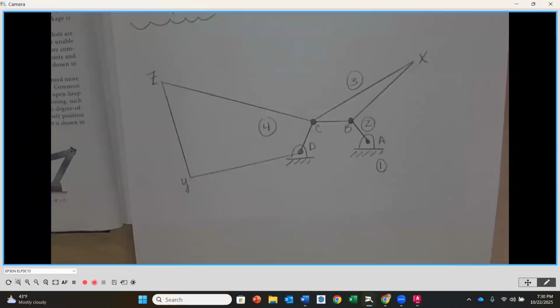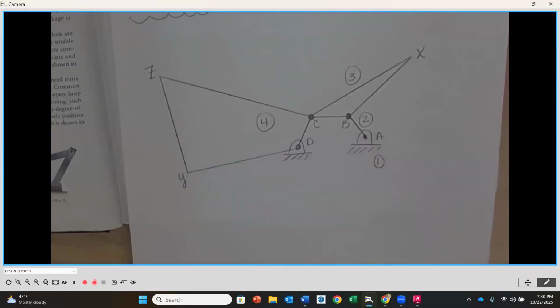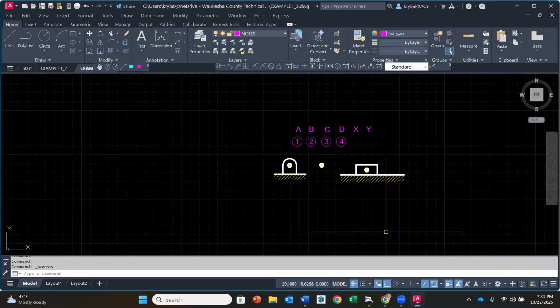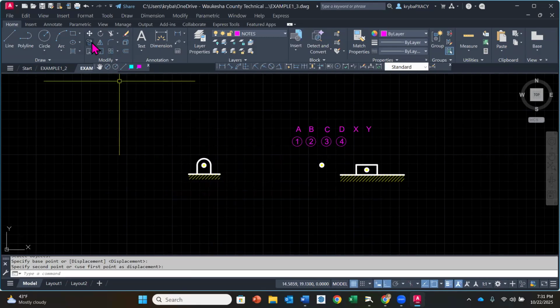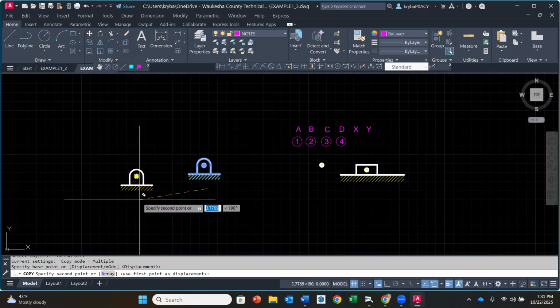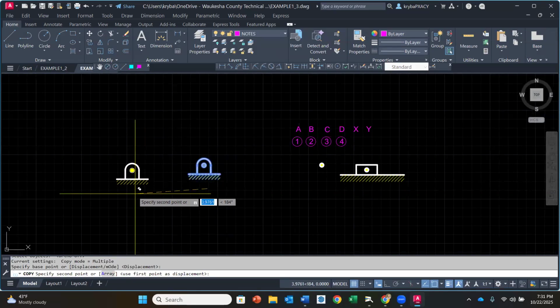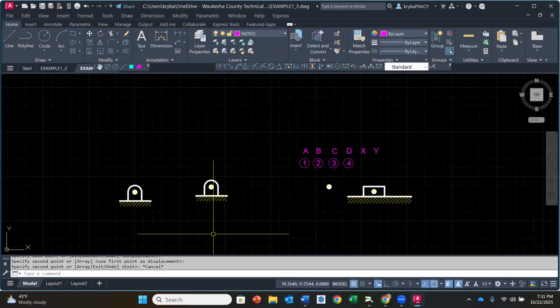Okay. So going back over here, I'm going to start by having 2 frame points. I'm going to move my 1 frame item, and then I'm going to copy. I'm going to turn my ortho off, and I'm going to copy and put it down and to the right a little bit, or down and to the left, I should say. Once I have that in position, and I can always move it if I need to,